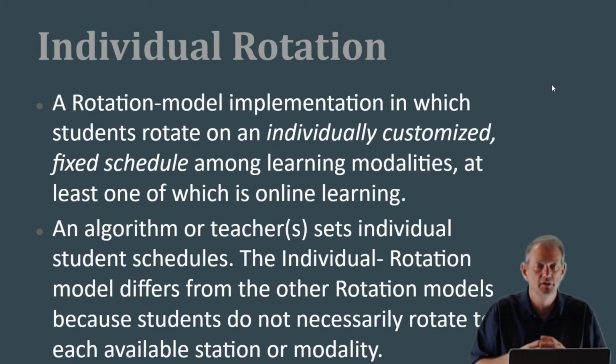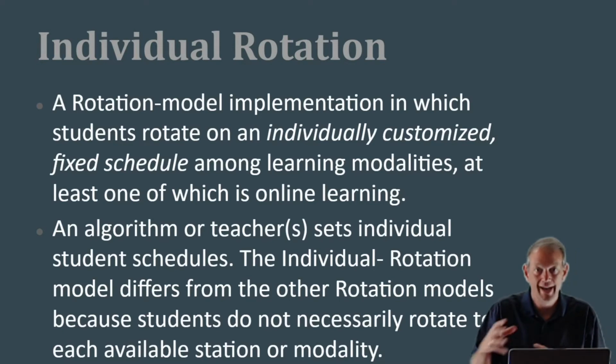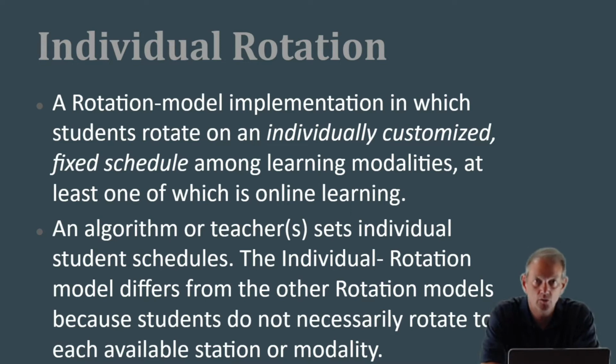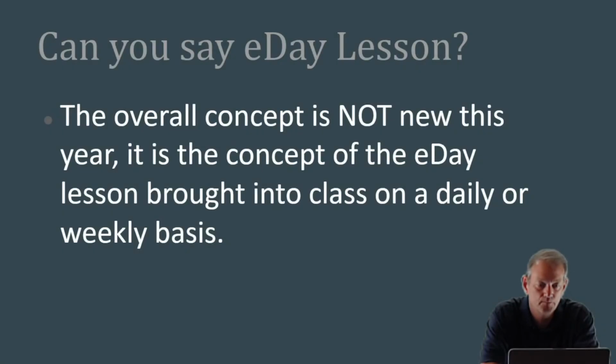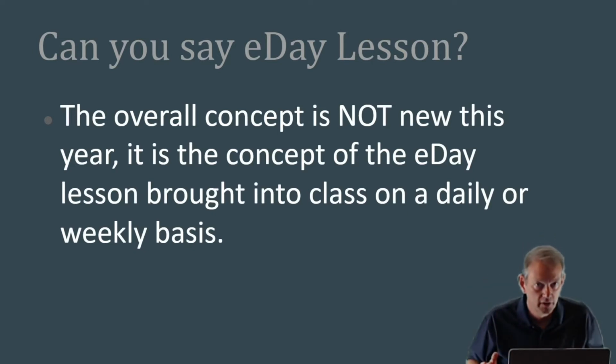Individual rotation basically just says that you're going to rotate between traditional and online activities. As you complete things, you'll just do it on your own instead of in a group with the class doing it all together. None of these are new concepts here at National Trail. Many teachers already do all the things that we do with a blended lesson and an online lesson with their eDays. The thing that we found during the non-traditional instruction is the need for that face-to-face instruction,